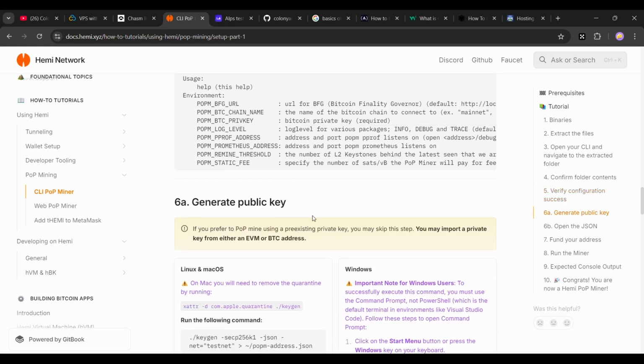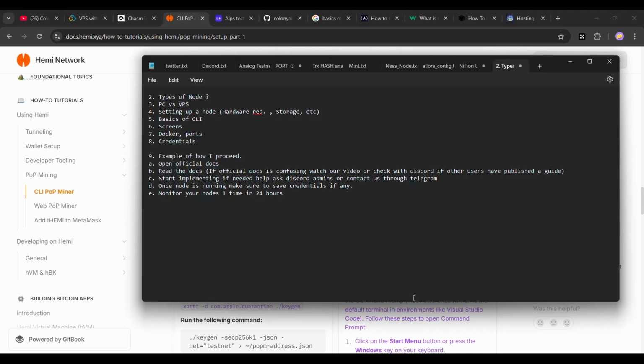At any point of time you don't understand a line, what you can do is either search on Google, or ask in their Discord channel, or you can use ChatGPT. As I already said, you can open the official docs and read the docs. If the official docs are confusing, you can watch our video to get an idea.